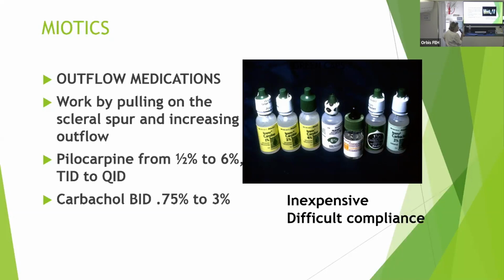And the thing is you had to use it every 8 to every 6 hours. Okay, it really is only a 6 to 8 hour drug. So most patients had to take it 4 times a day. There used to be a gel we don't see much anymore that worked 18 hours that people did at bedtime, pilopine gel, and unfortunately they stopped making it. Only one company made it. And we had carbachol. Carbachol was twice a day, much easier to use. And we had ecothiopate, which we don't see much anymore either, and that was BID. They're very inexpensive. It's not one of the generics where they've been making the price go up. So it's still cheap to get, but when you do 4 times a day and 3 times a day, difficult